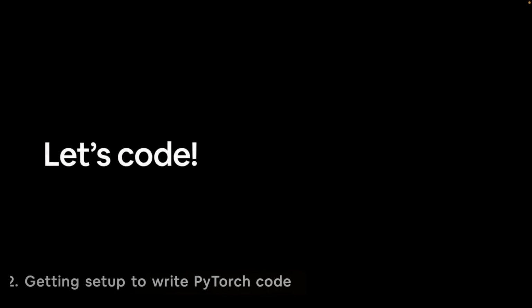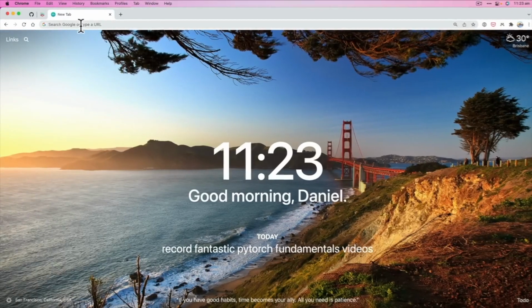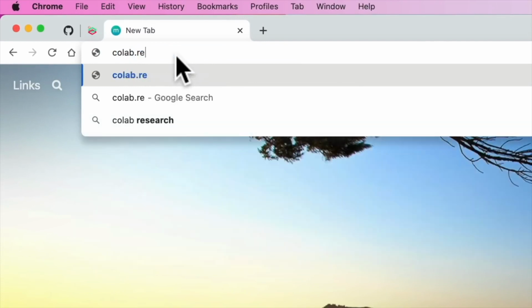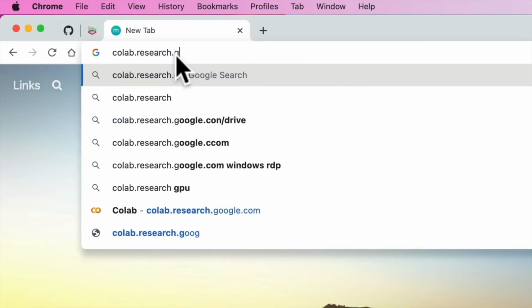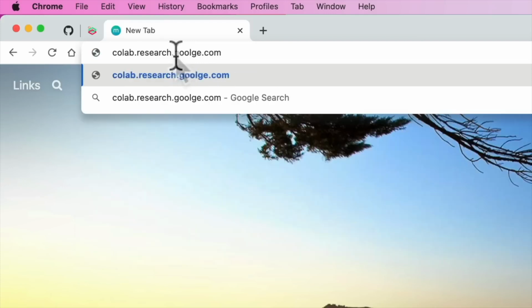We've covered enough of the fundamentals so far, well, from a theory point of view, let's get into coding. So I'm going to go over to Google Chrome. I'm going to introduce you to one of the main tools we're going to be using for the entire course, and that is Google Colab. So the way I would suggest following along with this course is, remember, one of the major ones is to code along. So we're going to go to